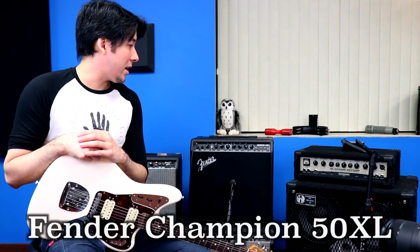And the only reason I wouldn't use it as my primary amp is just because it is a solid state amp and it doesn't quite have as big of a sound as, let's say, a tube amp, but it's also not as expensive and hard to take care of. So there's a lot of advantages to having a solid state amp at your disposal. And this is definitely one of the better ones I've ever played. So check it out, Champion